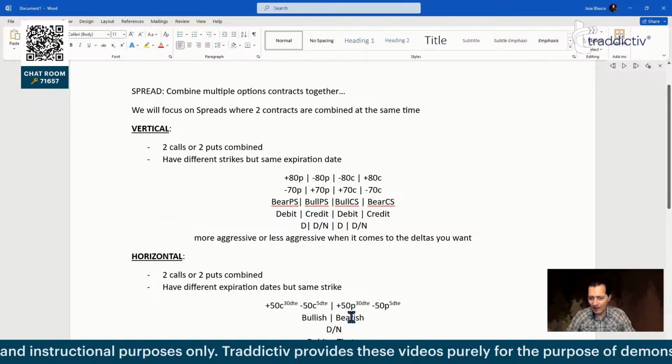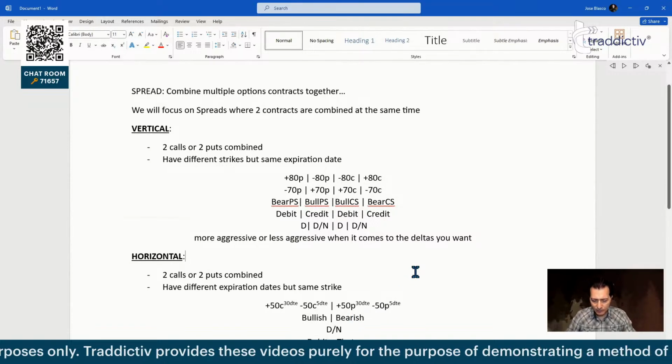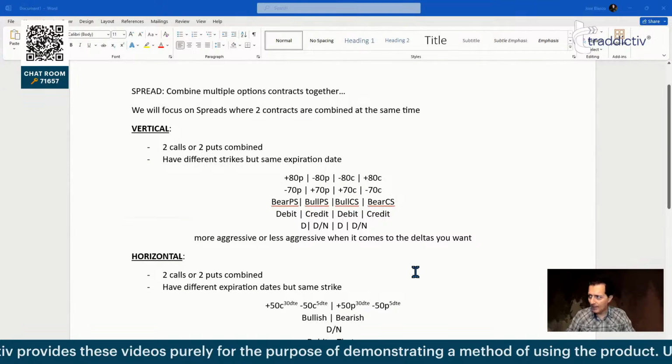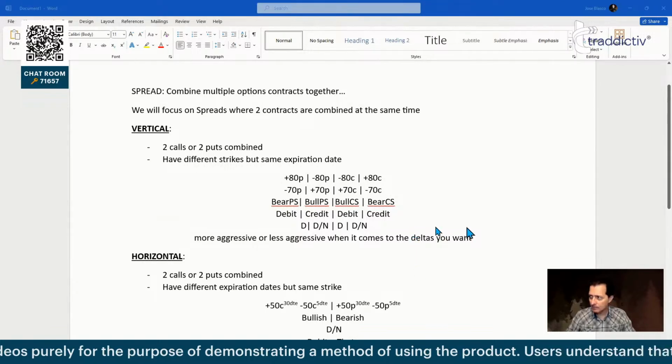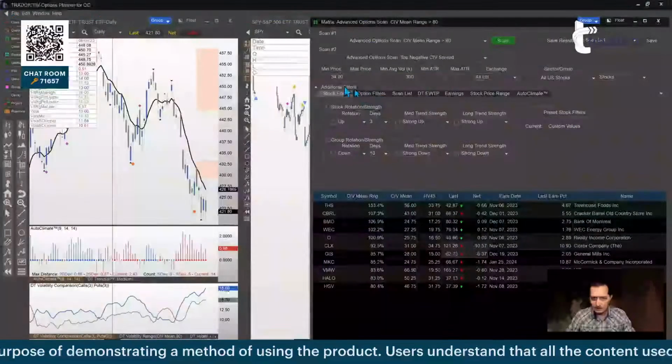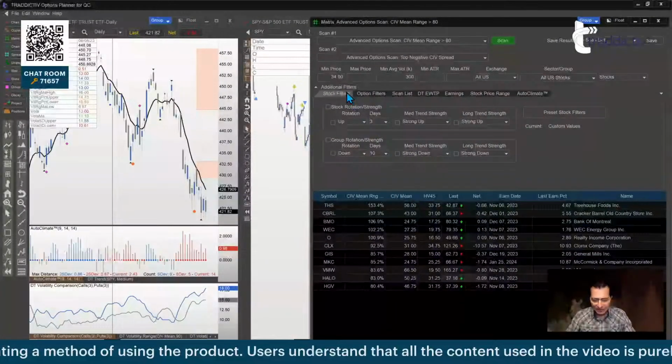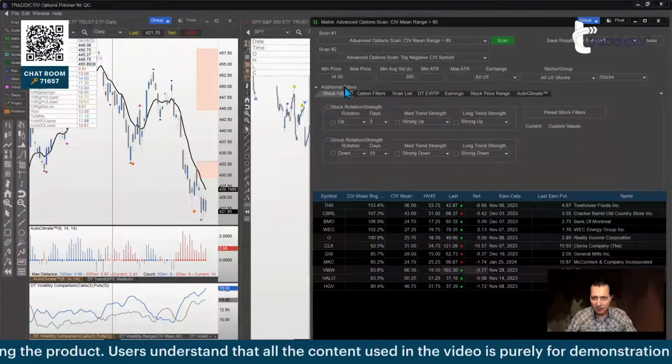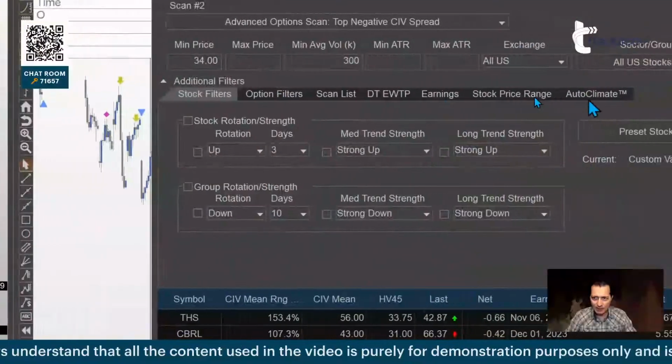And same with the bearish. Okay, I'm not going to say it because it's common sense. Mirror image. So you would scan the same. Now, what else? We have many more possibilities for filtering in this part at the top.